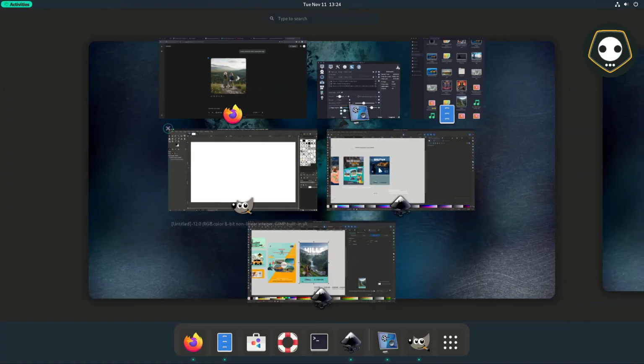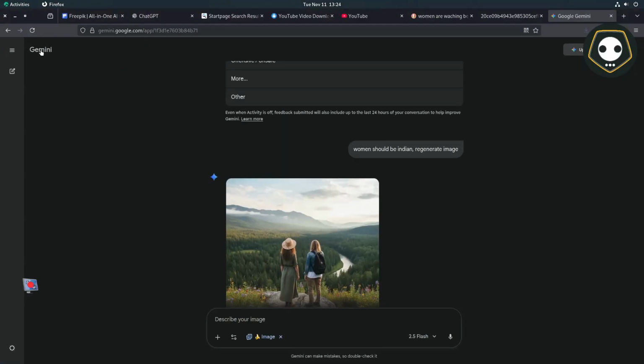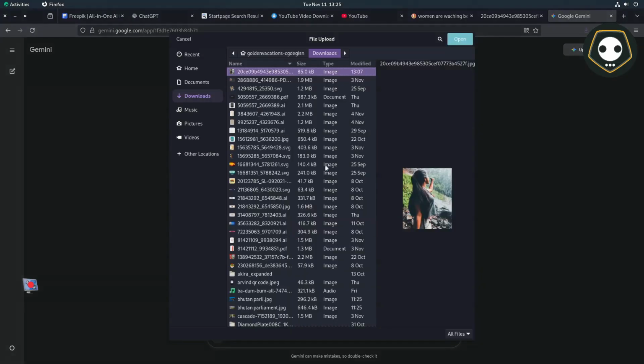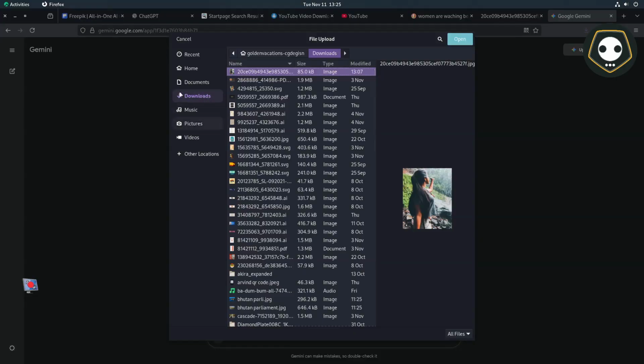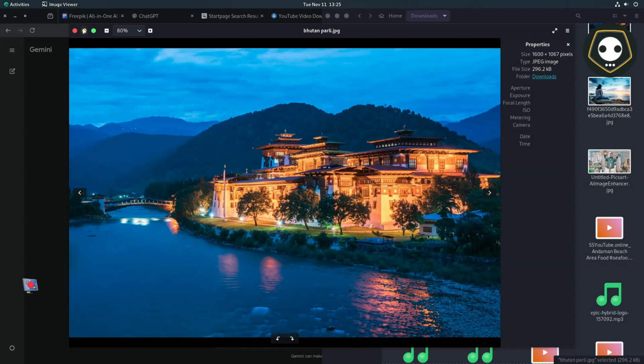Welcome back. To do this, at first I have to download some images in Gemini. So first open Gemini from here, and I have to upload some images as a reference which I really want. These images are from Bhutan.